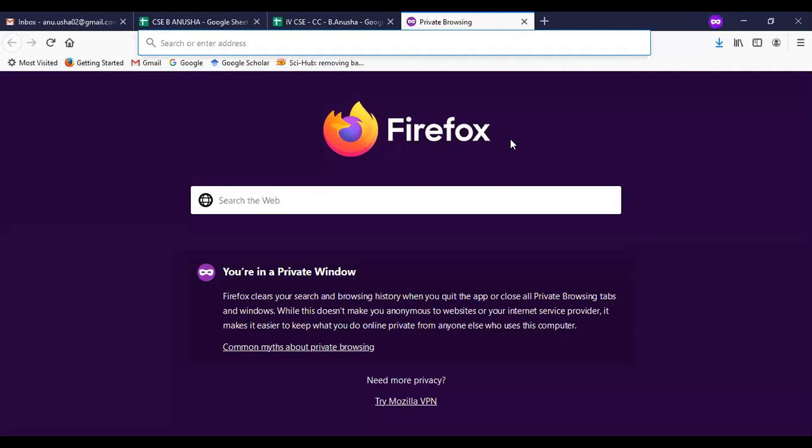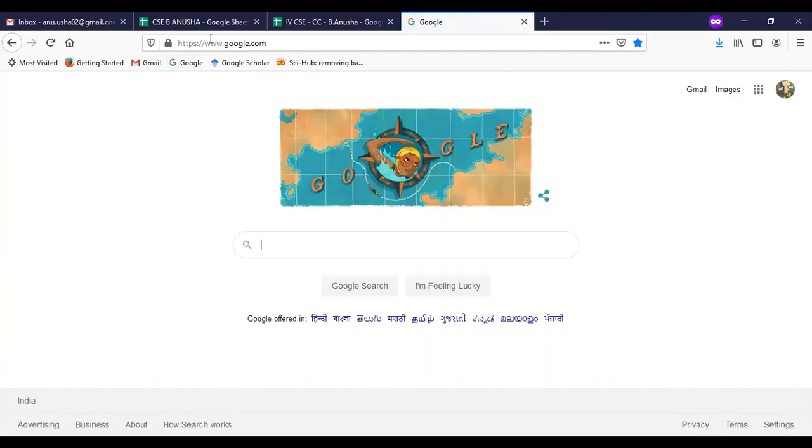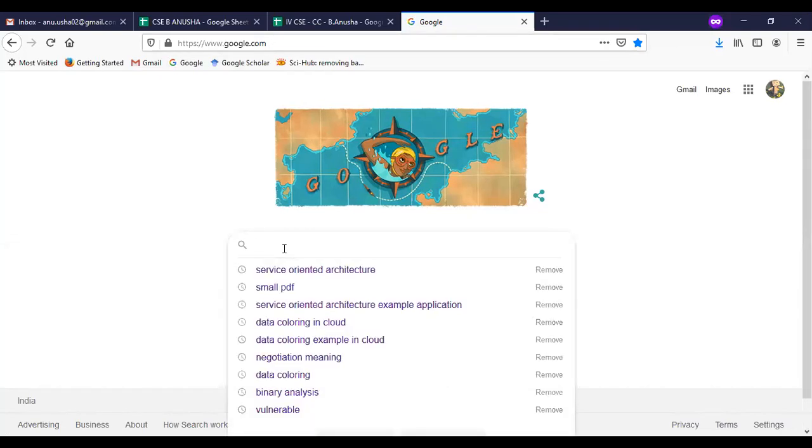There I need to search for something, so I need to go to Google. I click on that Google. I am using a hyperlink representation, a shortcut to the web page. But here I need to paste the URL. After pasting the URL, I need to get the data.